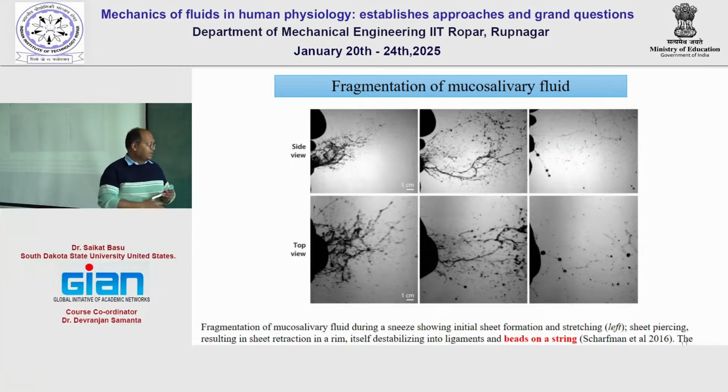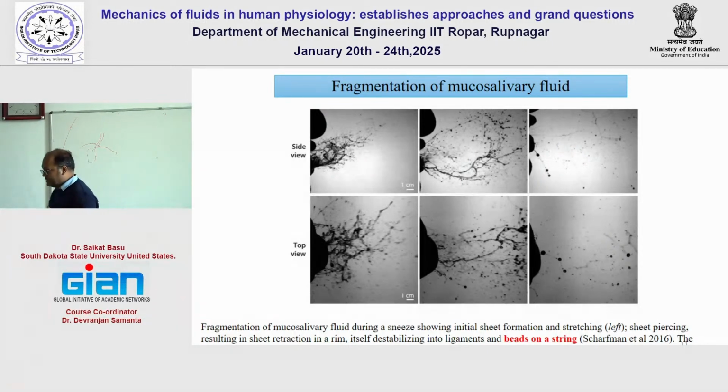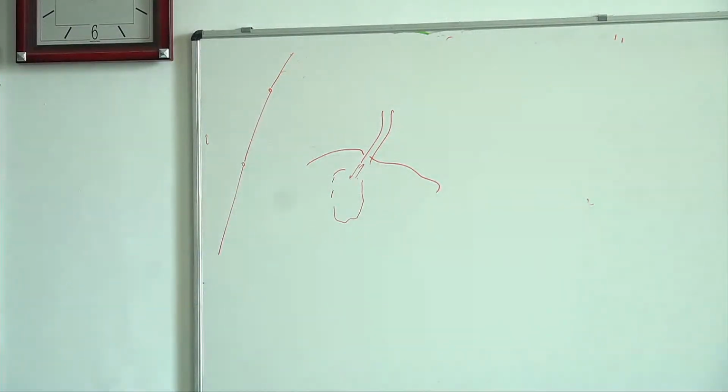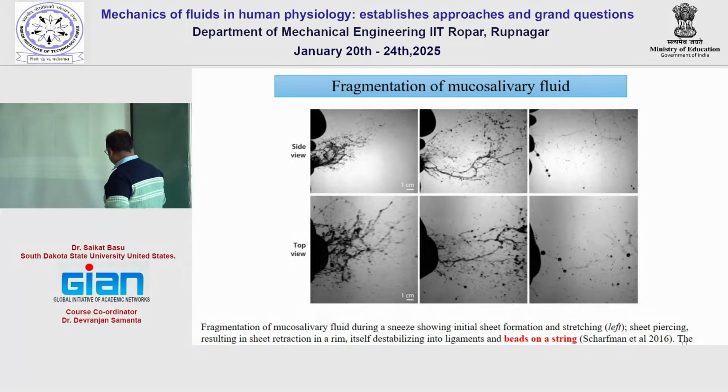Occasionally it will be like these long filaments in between some sort of bead structure. So it's as if the beads are interspersed between the thin filaments of liquid, that's why it's called beads on the string structure. And we also know that compared to water, whenever there is polymer, due to the fluid elasticity increase, these beads-on-a-string structures will appear, and these ligaments will take much longer time compared to the